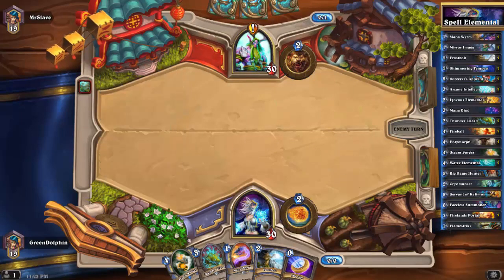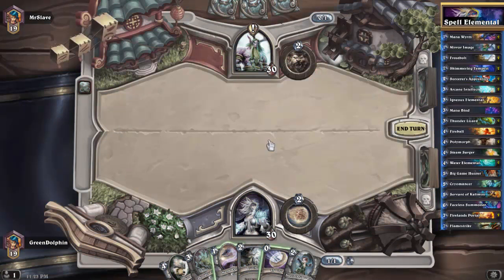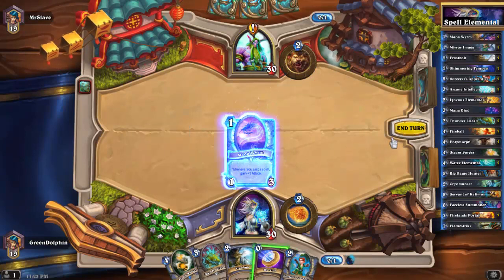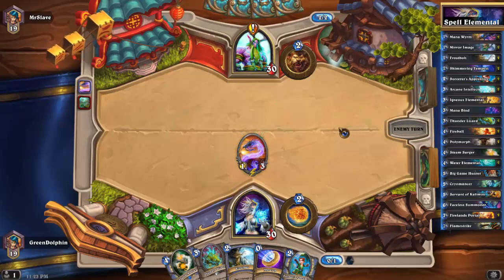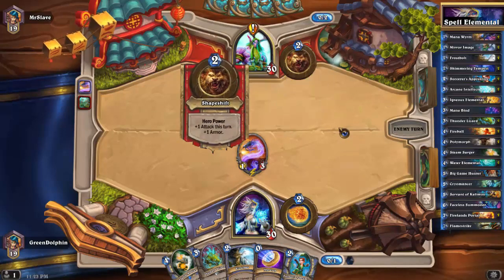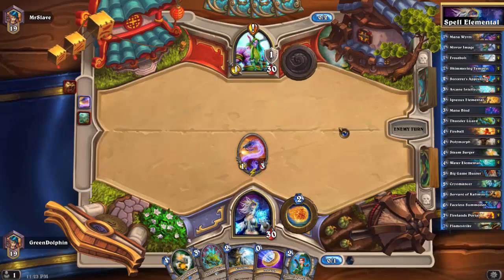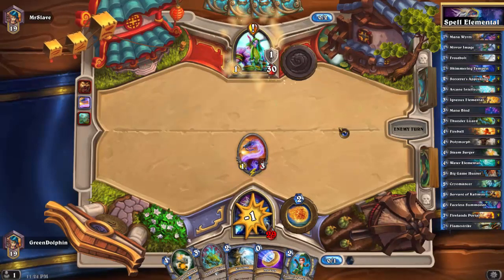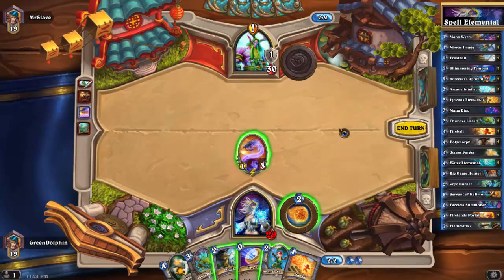So this is most likely, because he's playing the quest, a ramp druid. So we need to start putting a bit of pressure early on. I was really hoping to draw my elementals. There's no... I could coin out the Thunder Lizard,